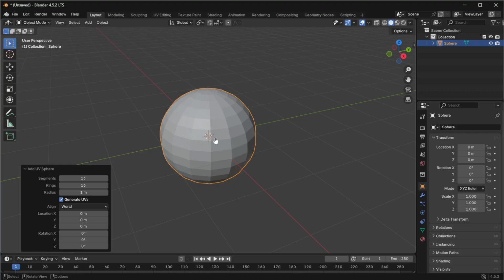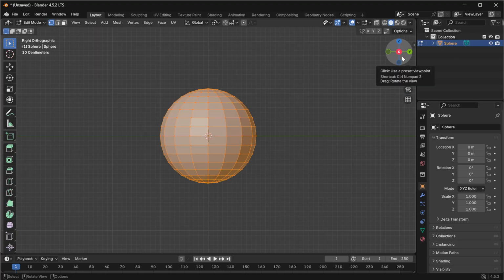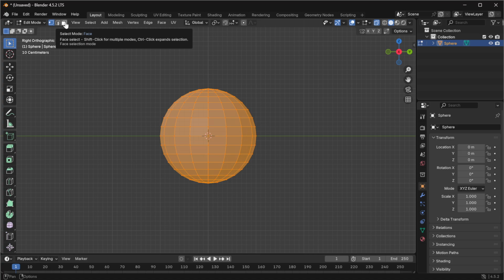First thing I'm going to show you is if you click the Tab key on your keyboard, you can switch into edit mode. You can also do that from this top left drop down. We're then going to press the X view to view it from the X side. We're then going to go into X-ray mode. Now that we're in X-ray, we need to go into face select. We're on item 1. You can go to number 3 by clicking this or pressing the 3 key on your